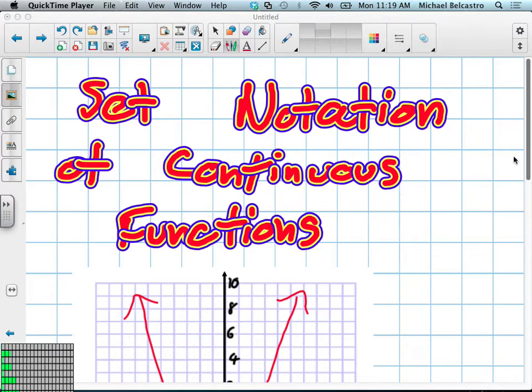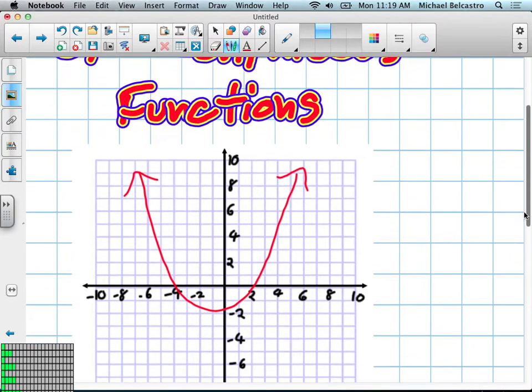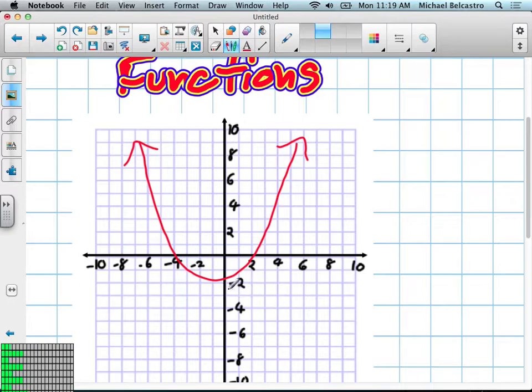Set notation of a continuous function. We'll try to go through this quickly. Okay, very first thing I need to do is get the domain and the range. This is a continuous function, so this is written a little differently. The domain,